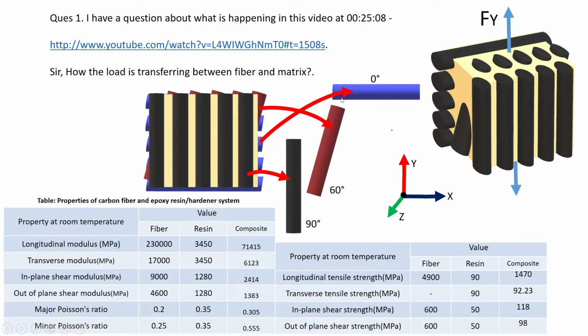You have a lot of arrangements of fibers at different angles arranged all together into a composite. So the first layer all has 90-degree angles. Second layer has 60-degree angles, while third layer has 0-degree angles. So if we want a composite with a required strength, then obviously a composite with a single fiber layer would not be able to serve our purpose. We'll have to stack many layers one over another so that this entire structure as a whole can bear the load as per our requirements.